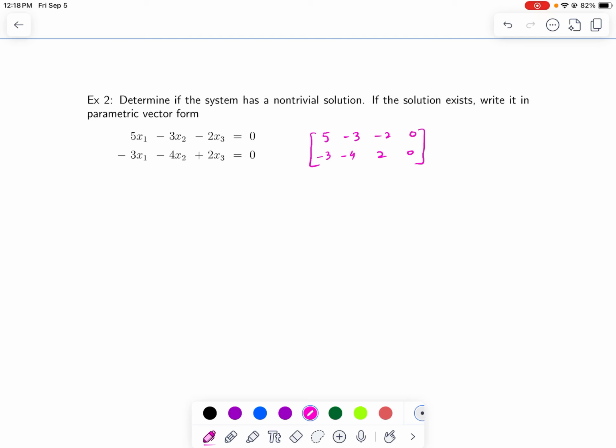Now we don't have a 1 in the first position. So instead of multiplying by 1/5, I am going to see if I can somehow get 1 by using a multiple of another row. So if I multiply the second row by 2 and add into row 1,